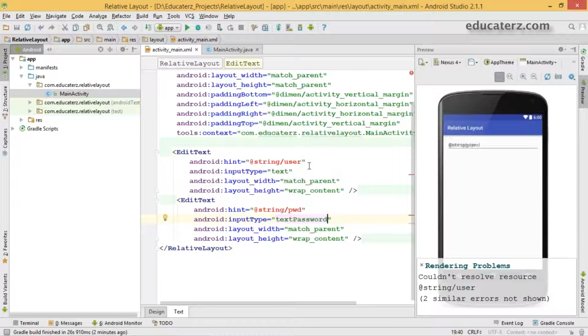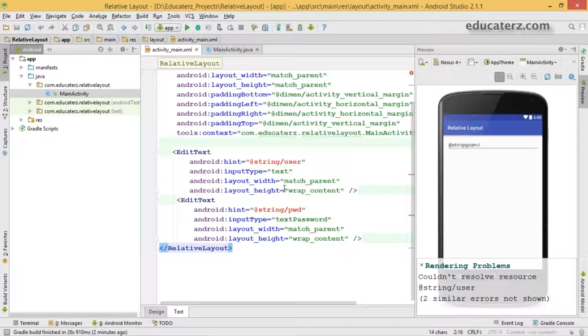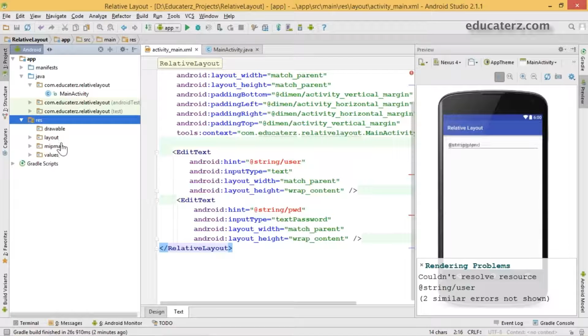So when you create your project, by default it is given with relative layout only, so you need not change anything of your parent view. So go to your strings.xml file and create the corresponding string entries in your strings.xml file.